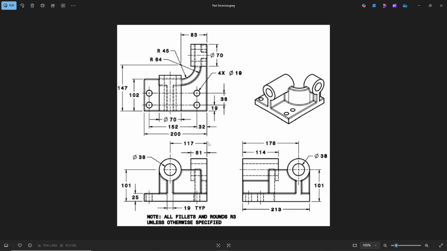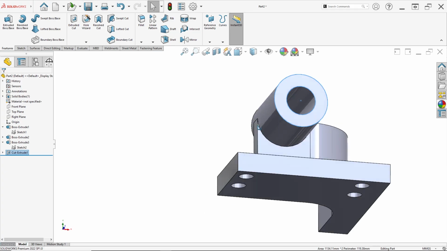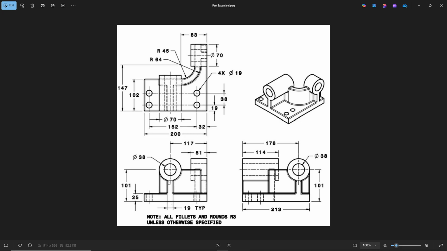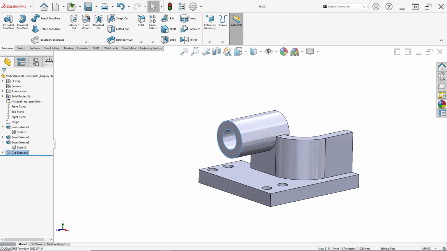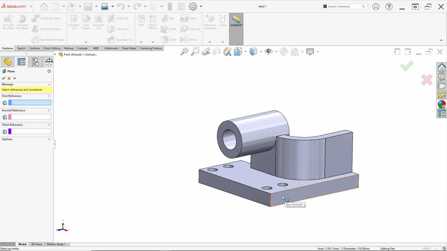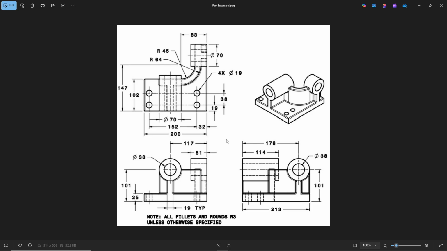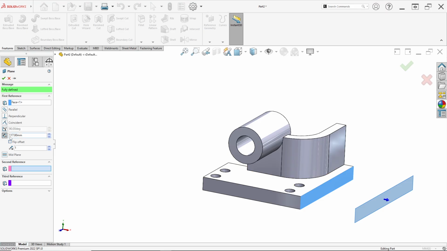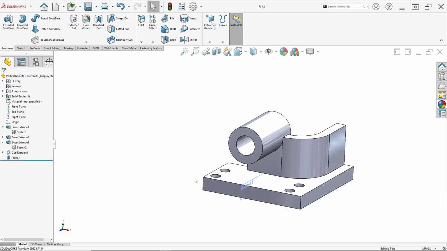It's so simple. In here, there is a rib like this. We just need to make a rib, and here we must make a new plane to make a rib in here. Just click Feature and select Reference Geometry. Just click Plane. For the first reference, click this face, and for distance, this edge to the center is 117. So offset distance in here is 117, but for direction we can check Flip Offset. Just click OK. It's just to make a new plane.